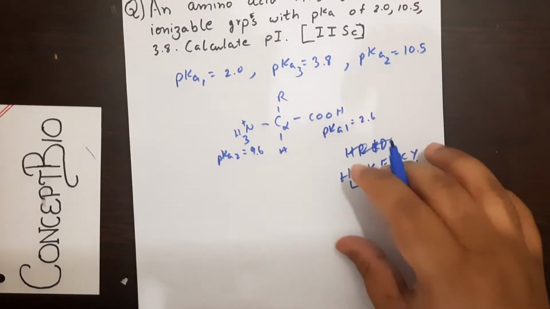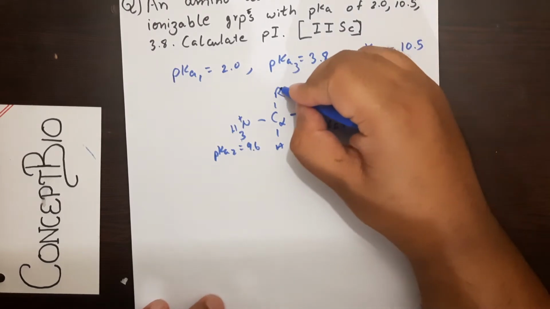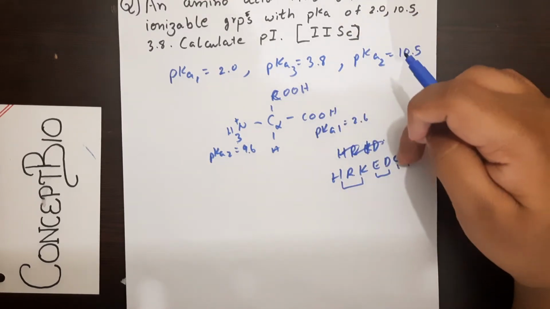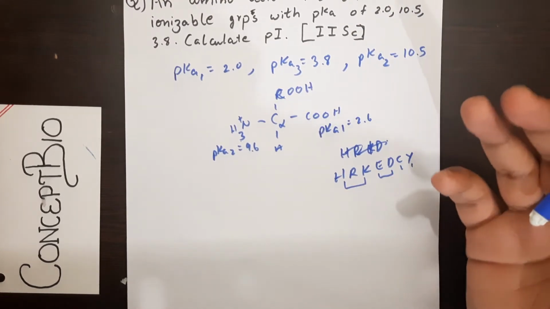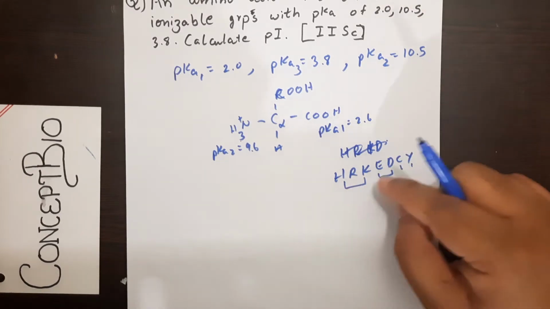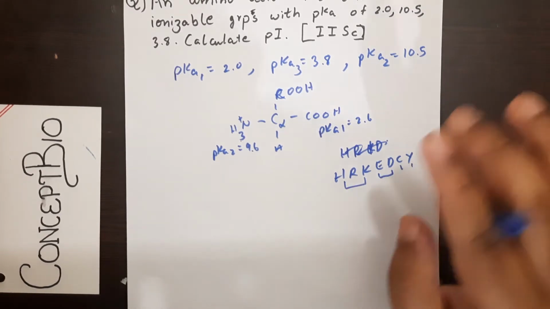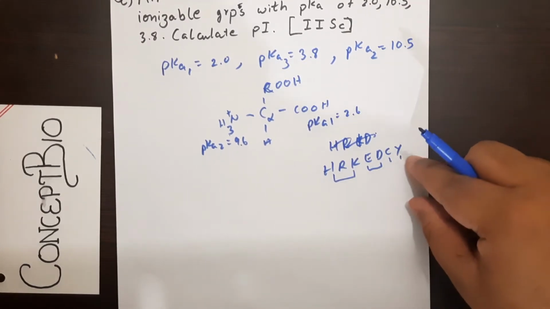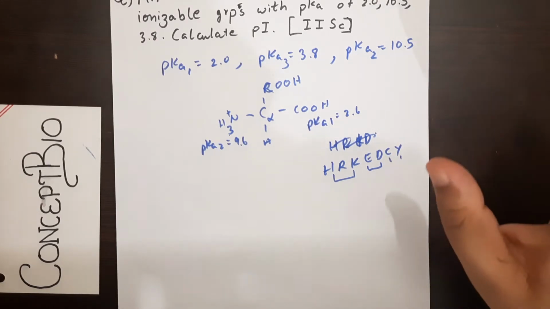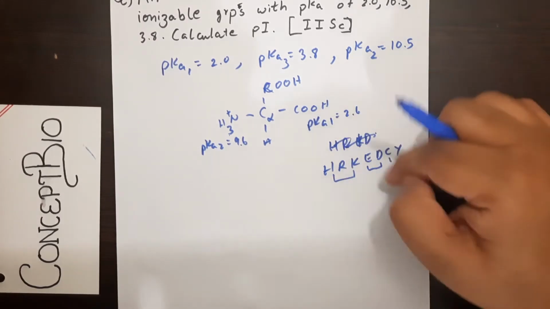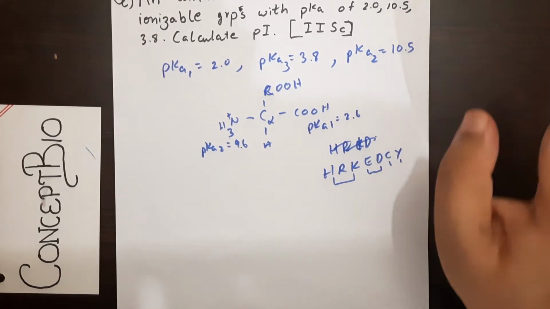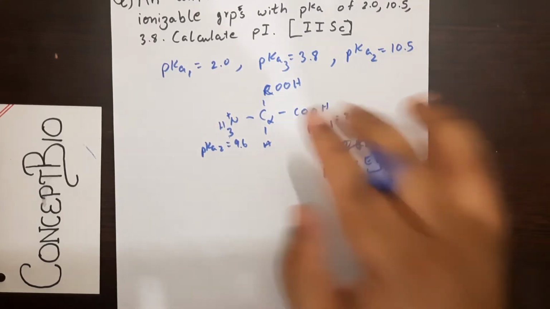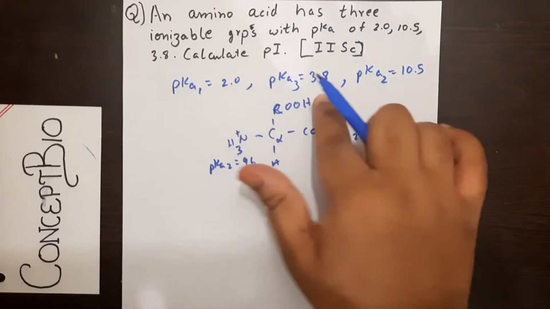Now we know so much. Now we know if it's going to be aspartic acid or glutamic acid, this is going to be a COOH. Now you understand why I'm telling you this has to be aspartic or glutamic acid, because histidine, we all know physiological buffer has a pKR of 6. Arginine and lysine, being basic, would have pK3 values well in the range of 12, 12.3, 12.5, something like that. Cysteine and tyrosine again have values around in 10 or 12 range. And we know this could also be the pK3, but we know the pKa2 can never be as low as 3.8 no matter what. It will always be in the ballpark range of 9.6. That's why we can make a logical conclusion that this has to be the order.